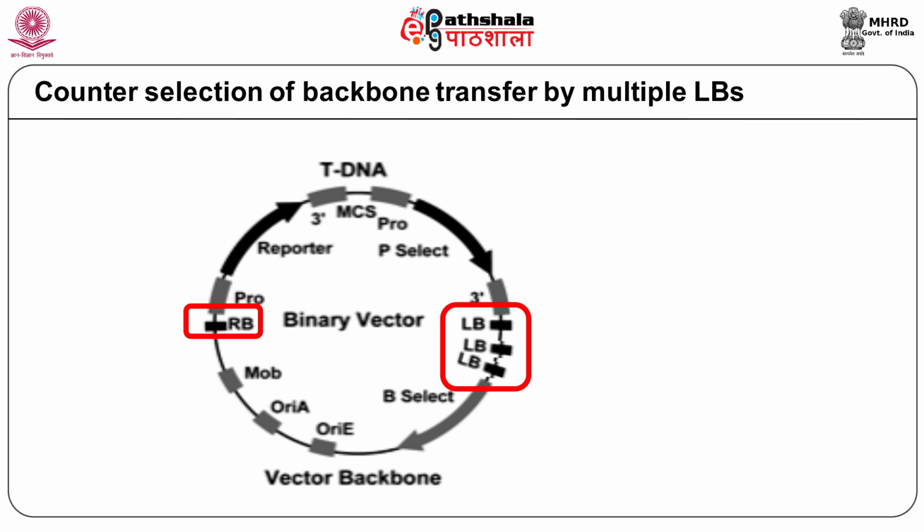Another improvement in the binary vector is the inclusion of multiple left borders in the binary vector. This was done because incorrect cleavage by the VirD1 endonuclease led to transfer of the vector backbone into plants along with the tDNA. Introduction of multiple LBs ensured cleavage at any one of them so that only the tDNA was transferred to the